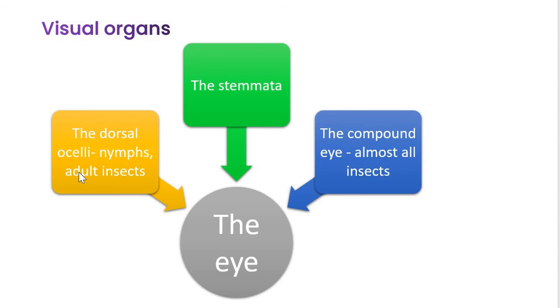Now the ocellus bears a single lens. Structurally, such an ocellus bears a single lens, and in most insects it is cuticular in origin. Now beneath the lens is present the epidermis, which is composed of transparent colorless small cells, which are called corneagen cells.